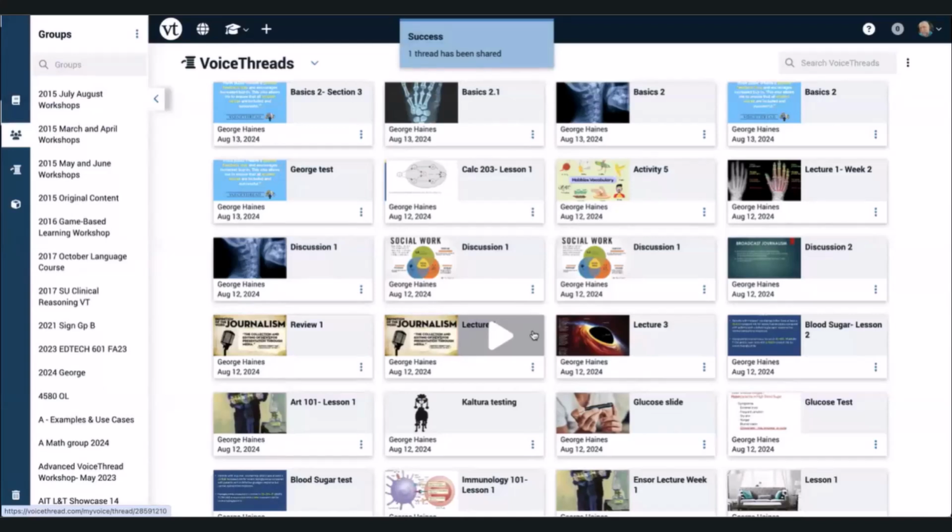You'll share the original with view and comment, but you may want to share a copy instead of sharing the original. You may want to only give them view access, or you may want to upgrade them to be able to edit. If you're working with a colleague on a VoiceThread, you want them to be able to edit it. You might upgrade them to view and edit. Okay, so that's the basic idea behind manually creating a group.